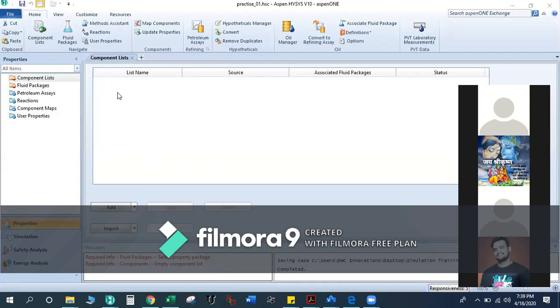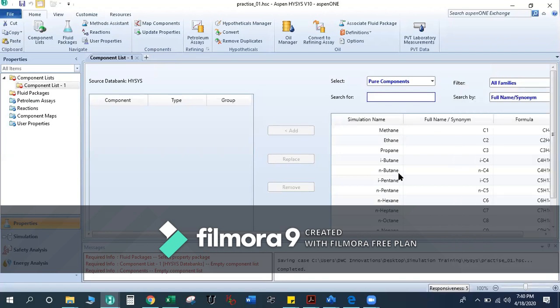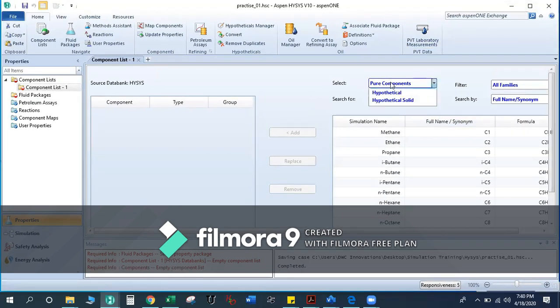The components which you are entering into the system may be pure components, hypothetical components, or hypothetical solids.